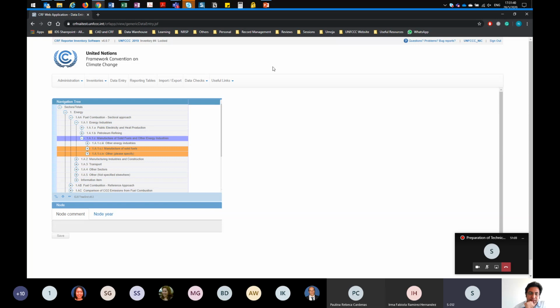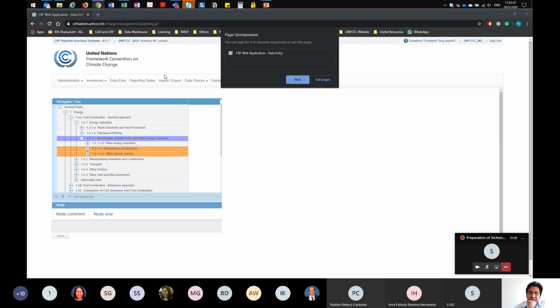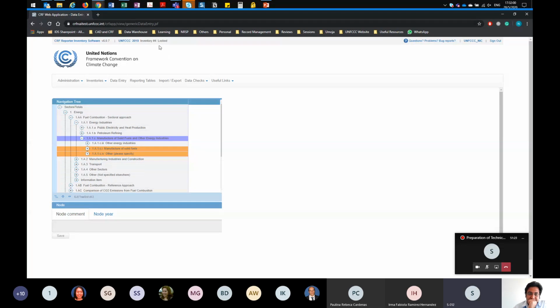I think the import process is not allowing me to click here, but in reality, that should not be the case. While you're importing, you should be able to work on the rest of the inventories. Here you can see that the status of the inventory is locked, meaning that the import process is happening. So that is locking the inventory, so that while it's in the status lock, you can't enter the data, otherwise, because it's doing the calculation behind.